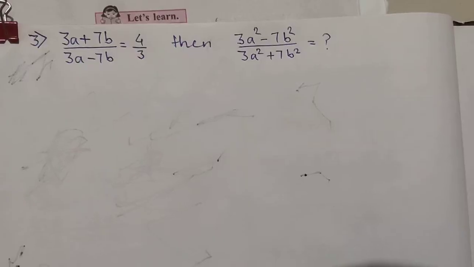Set 4.3. And again, I am repeating, you should know all the properties, that is invertendo, componendo, dividendo, alternando, and last one componendo dividendo, because these properties are useful in solving these questions. You should know all these properties properly to understand this exercise. So let us proceed to today's lecture.